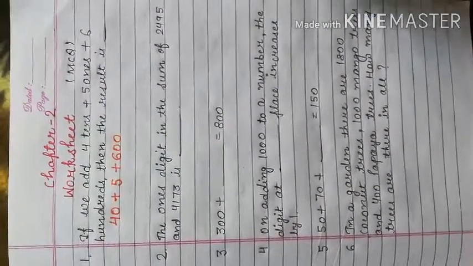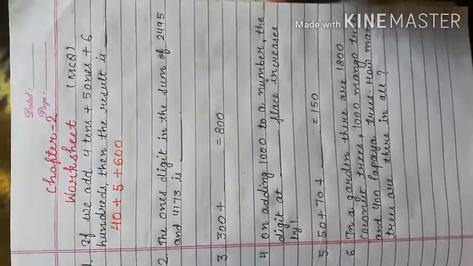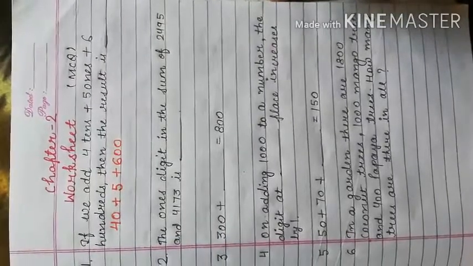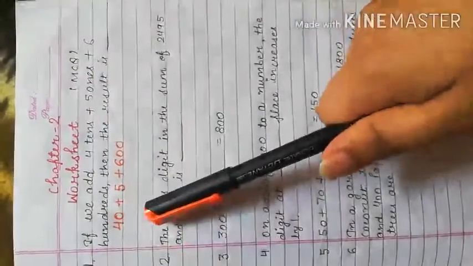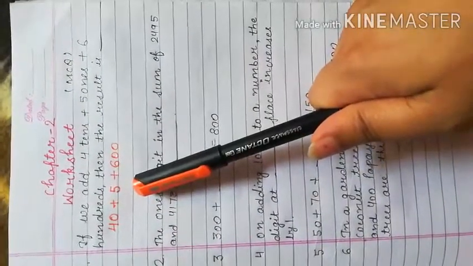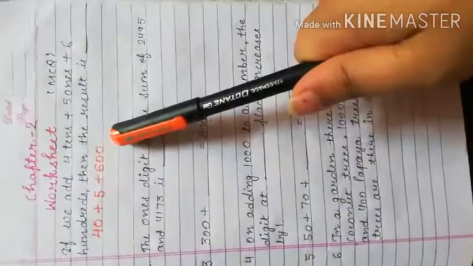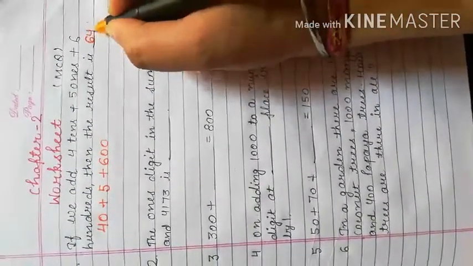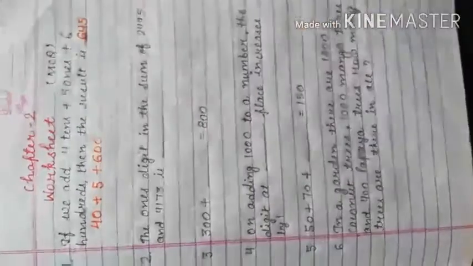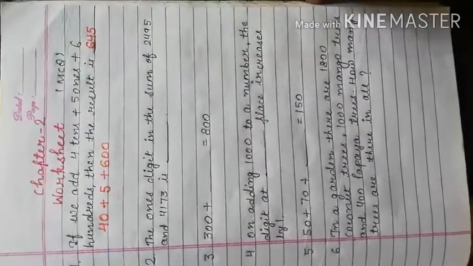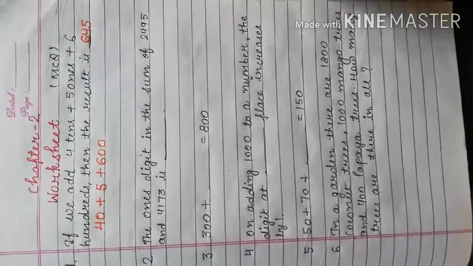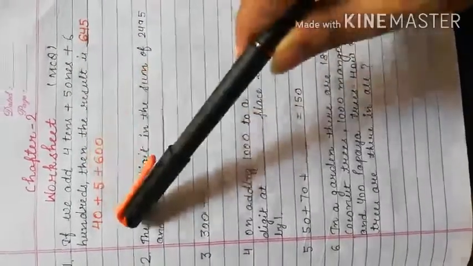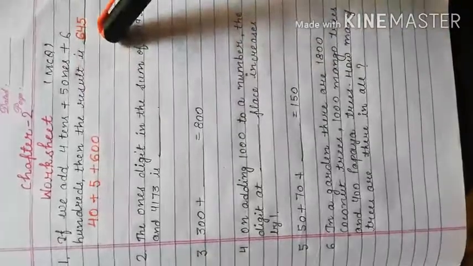Now after adding it, what do we get? 40 plus 5, that is 45, and 600 plus 45 will be 645. What we have done is convert these place values into figures and then add them to get the result, and that is